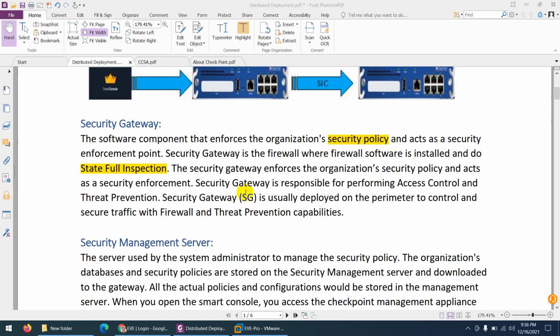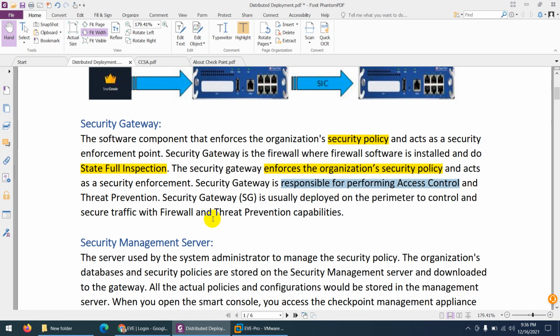So it means the security gateway enforces the organization security policy just like any other firewall. The security gateway is responsible for performing access control and threat prevention. You can install this security gateway as a perimeter firewall and you can install it in the data center. These are the two types of firewall which we install.